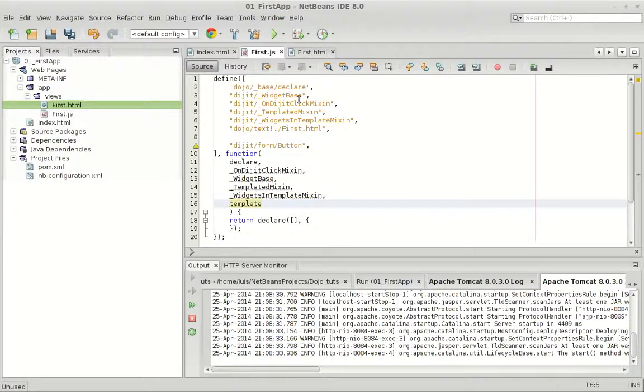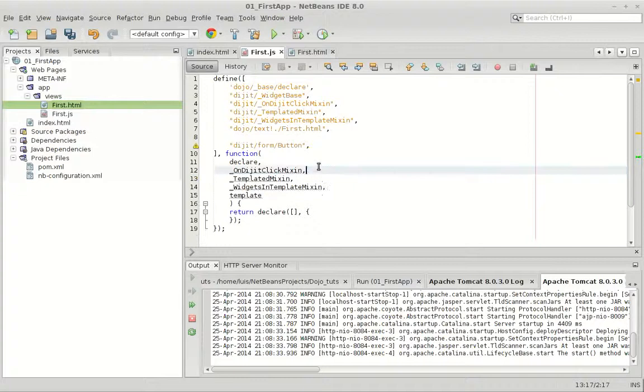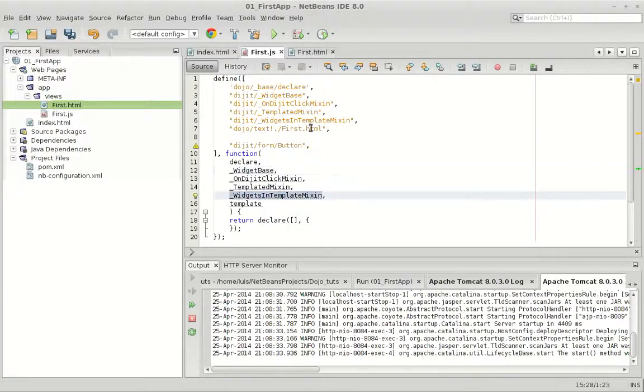Declare with declare widget base not matching, so the order should match: widget base, and the clip mixin come with jig mixin, and templated mixin, which is in templated mixin, and template at the end. So that now I'm just going to say what classes inherit or extend